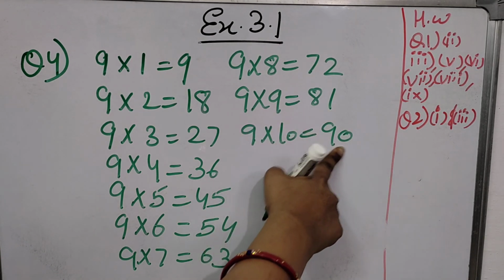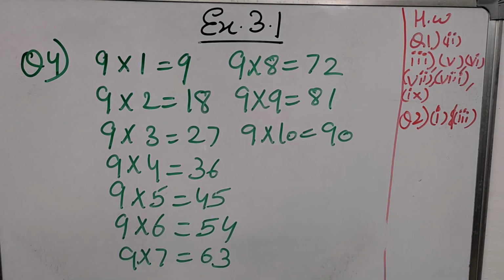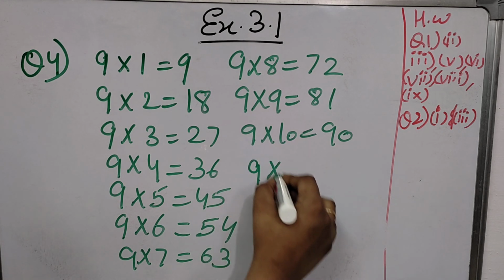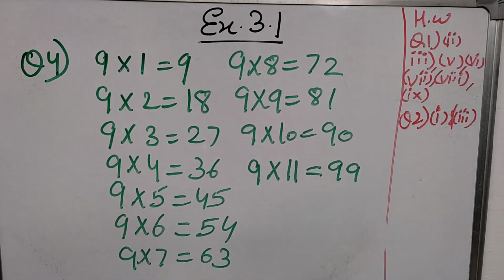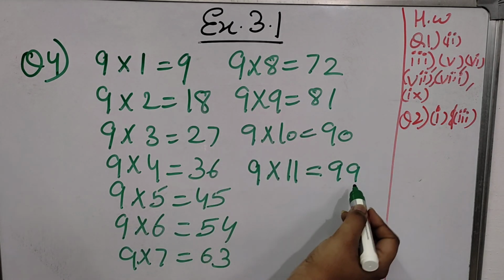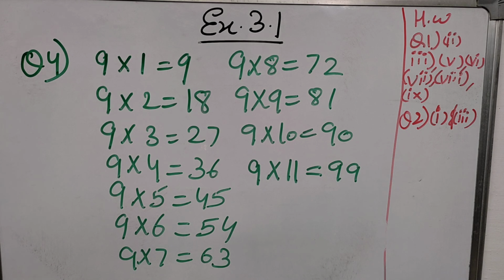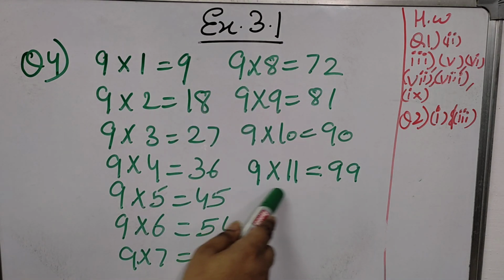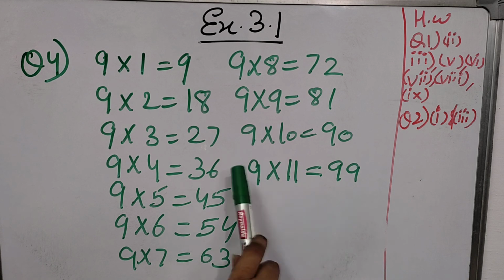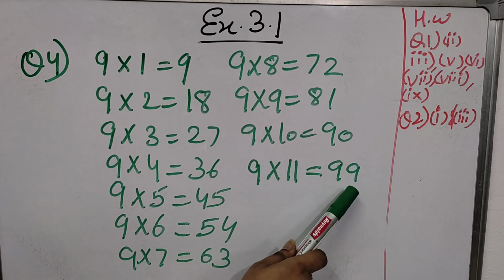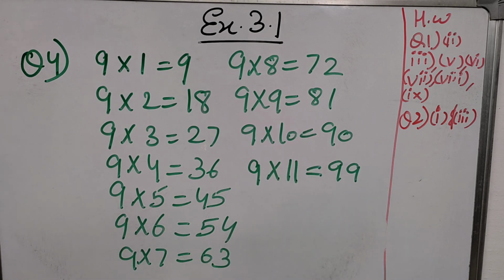But we had not reached a multiple which is equal to 100 or nearby 100. If I multiply this 9 with 11, my answer will be 99, and this 99 is really near to 100. If I go on and calculate the next multiple, 9 multiplied by 12, then it will be greater than 100. So that is why we will calculate only these multiples up to 100. We had calculated our multiples of 9 up to 100. These are the multiples of 9.